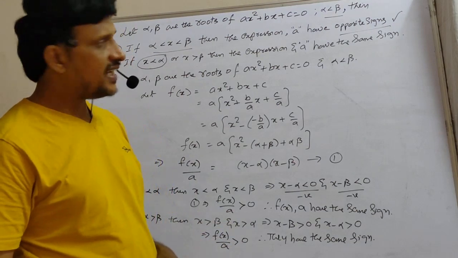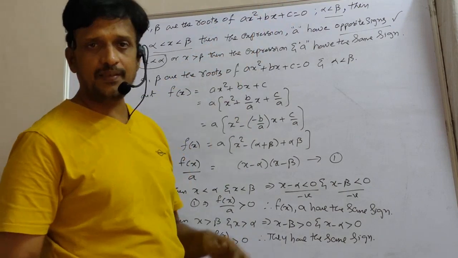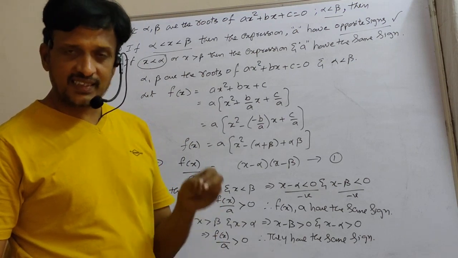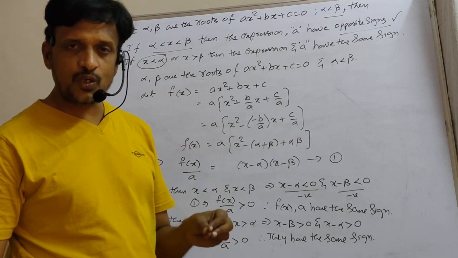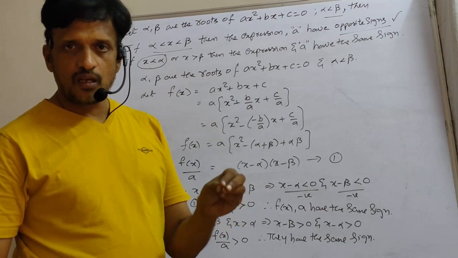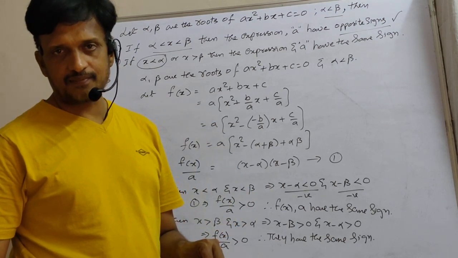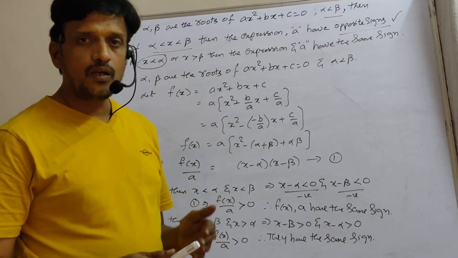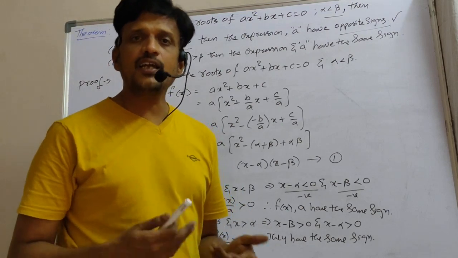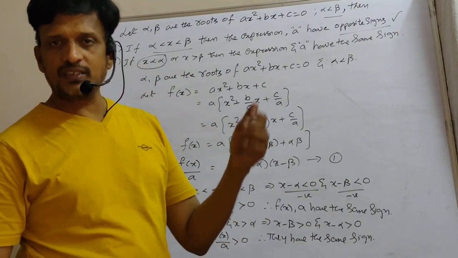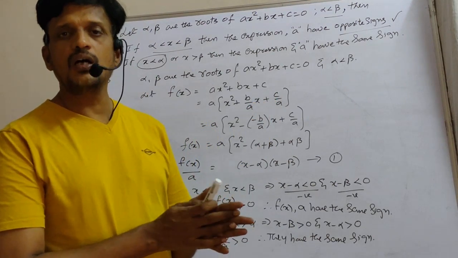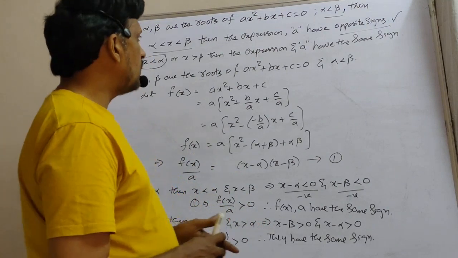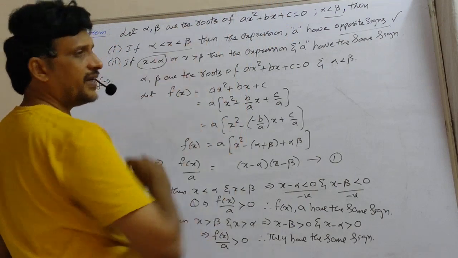So if you observe an expression f of x, that is ax square plus bx plus c, it has two zeros, alpha and beta. Means if you substitute either x is equal to alpha or x is equal to beta, then only you are getting the result 0. For all the remaining values of x, you are getting non-zero values, that is either positive or negative. By using this you can say for what value of x you will get a positive result, and when you will get a negative one. So the important thing is just to find the roots alpha and beta.